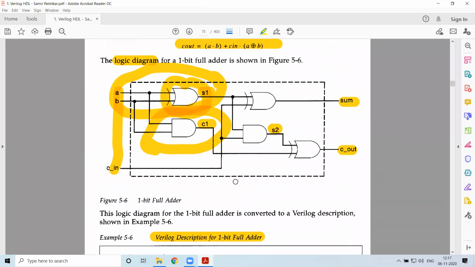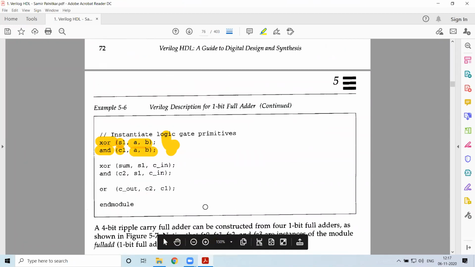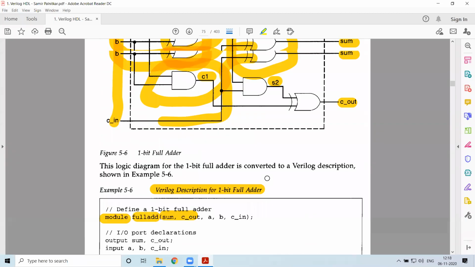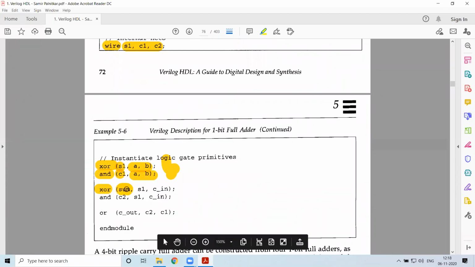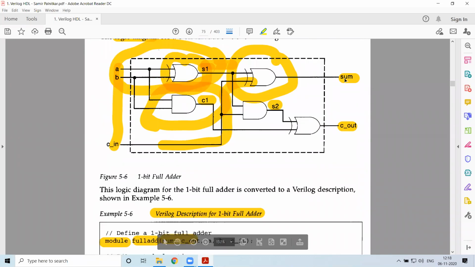So remaining, we have this XOR gate. Input to this one is what? Input to this one is S1 and Cin. So let us see whether it is there. We have XOR gate. Output is sum.